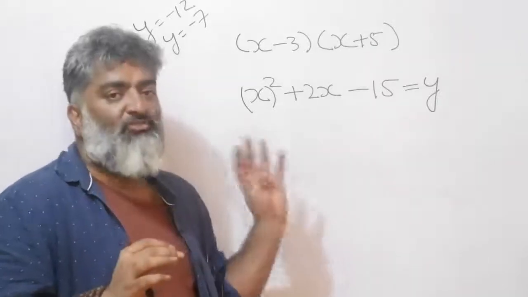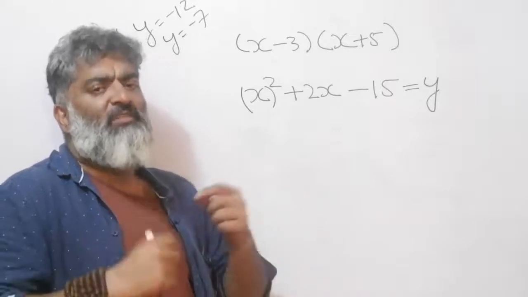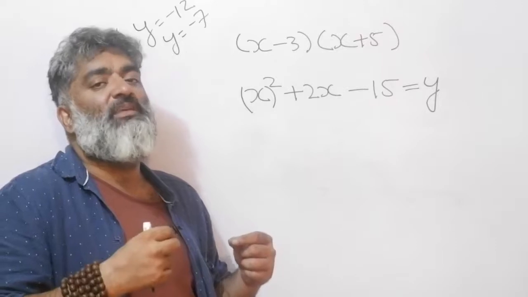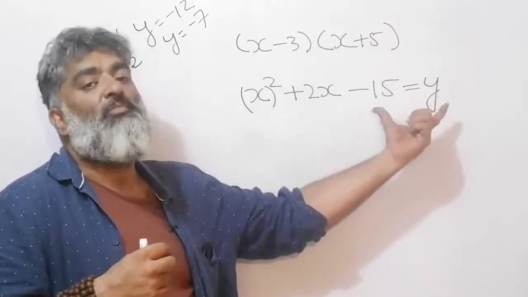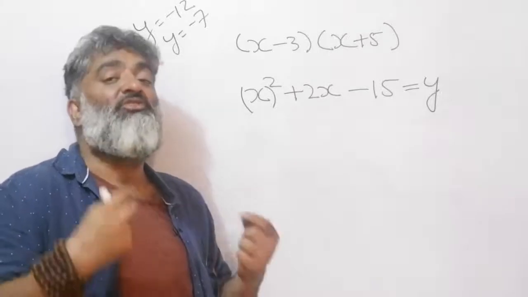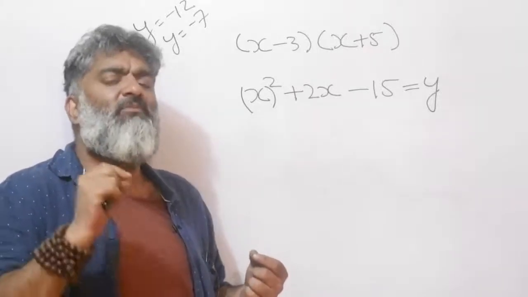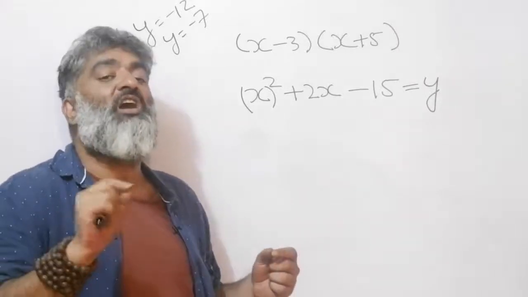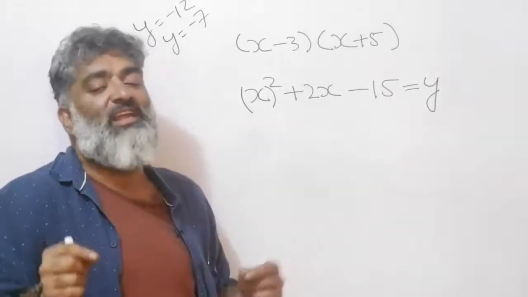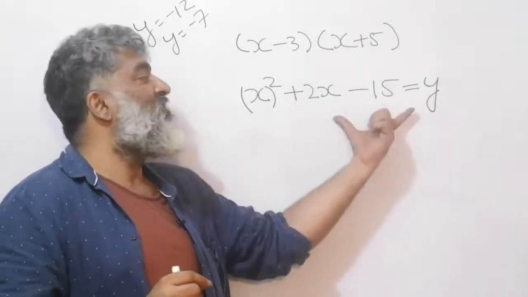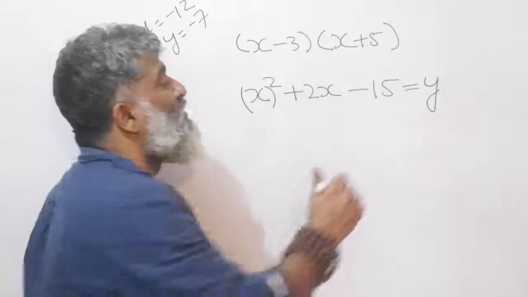So I know input output, I'm understanding that, but okay, let me analyze this further. A point of interest always for me is, where is the output value 0? Because again we saw it in the introductory graph video, that I'm very interested in where the graph or the line or the curve is going to cut the axis, x-axis as well as the y-axis, right? So now I'm thinking, okay, at what value does this expression become equal to 0?